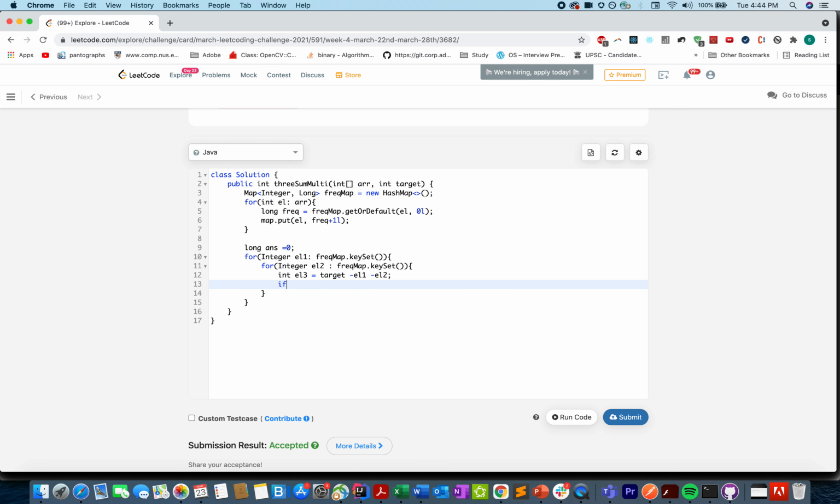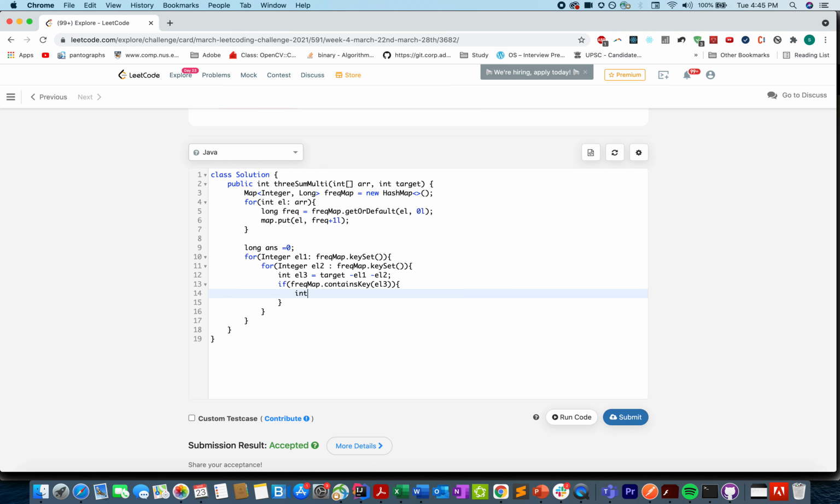Awesome. And let's check whether it is present in the map or not: frec map dot contains key el3. If that key is there in the frequency map, then we found one possible answer, and let's try and calculate the updated answer.